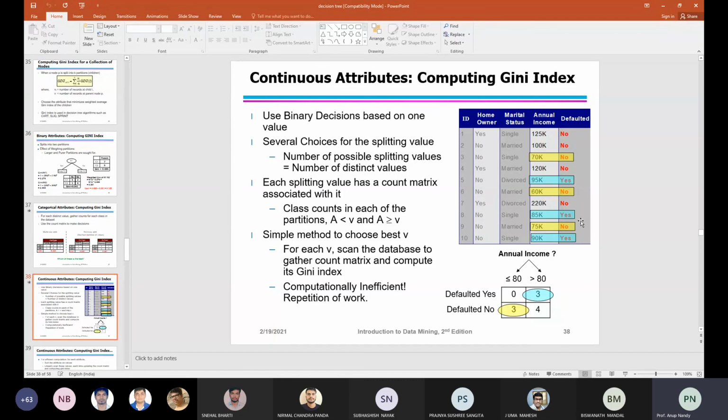Which attribute are you going to choose? Which will have more variation? You will have two different decision trees considering these two different continuous attributes. First one is annual income, and the second one is age.